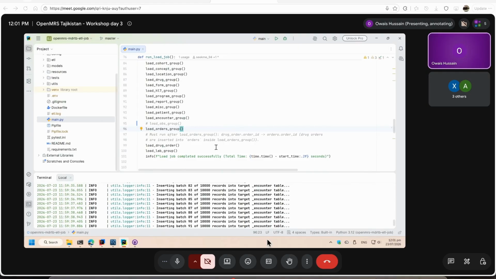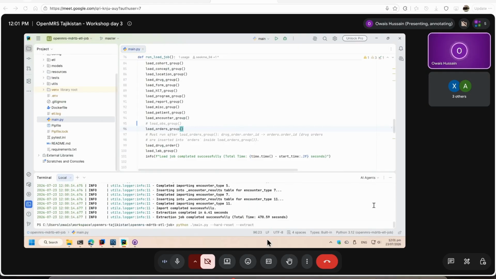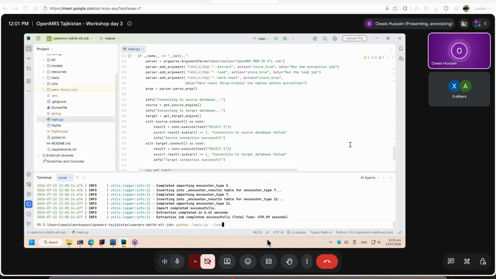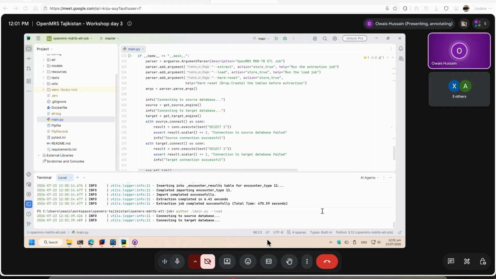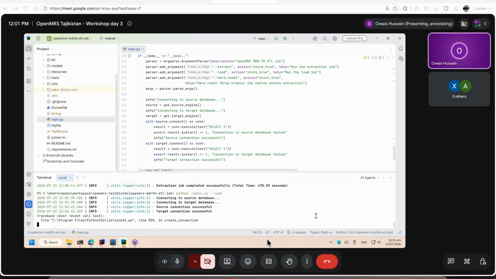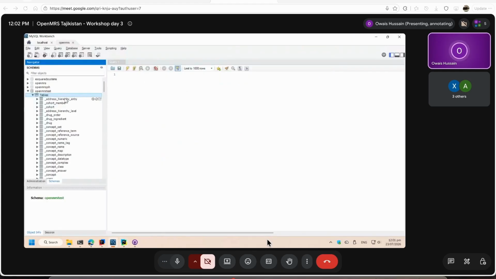And now I'm going to rerun this. This time I will remove hard reset, and I will say load. These are, by the way, defined in the code as well. And my load method is now going to fill my database. But before that, I am going to, just for safety and to just being sure,